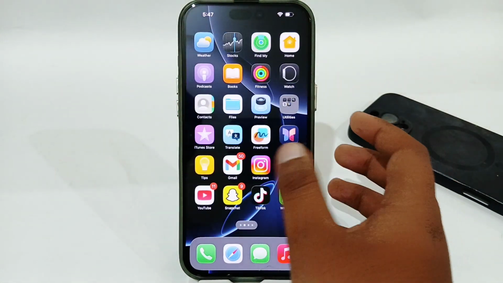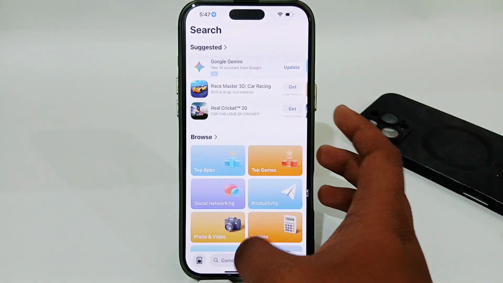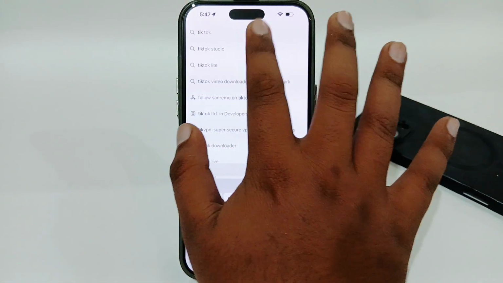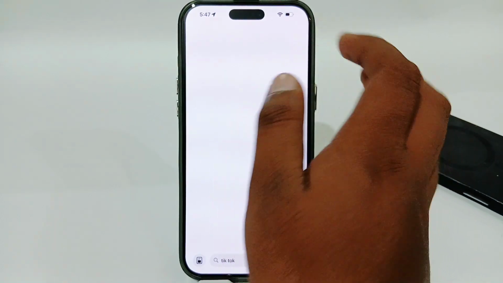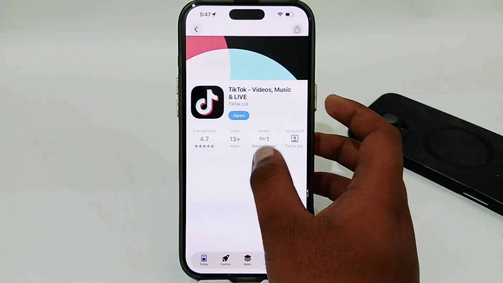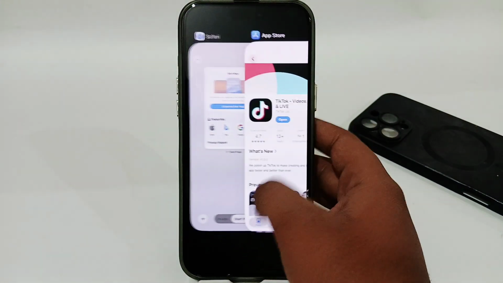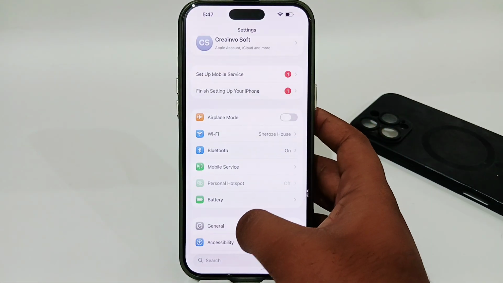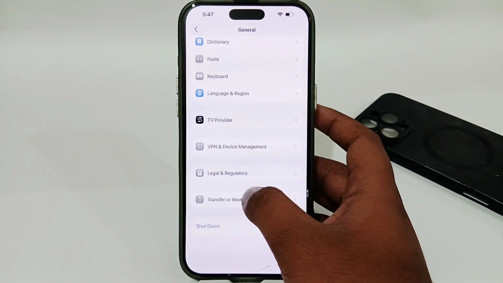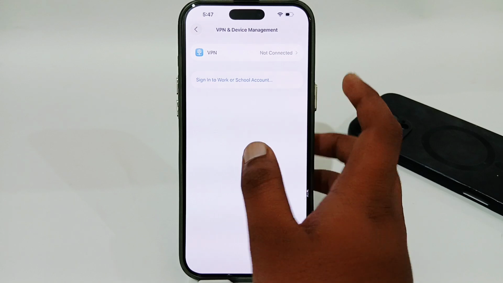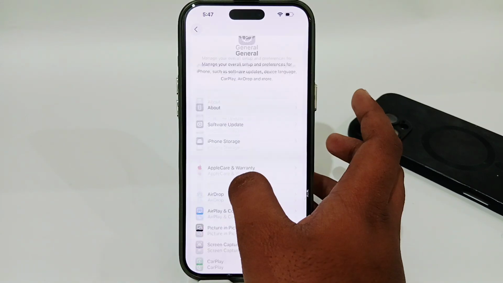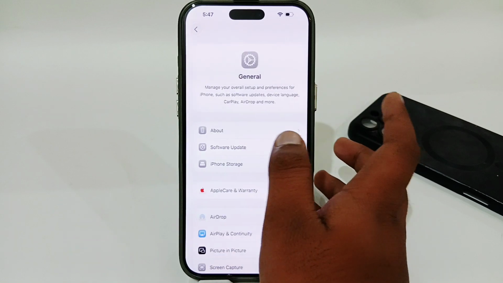So you can try to update your TikTok app. Open App Store and search for TikTok here, and then you'll find any update here. If you find one, try to update your TikTok app, and after that you can try to disconnect your VPNs. Open settings, go to general, go to VPN and device management, and try to disconnect your VPN if you are connected, and after that you have to go back and try to update your software,